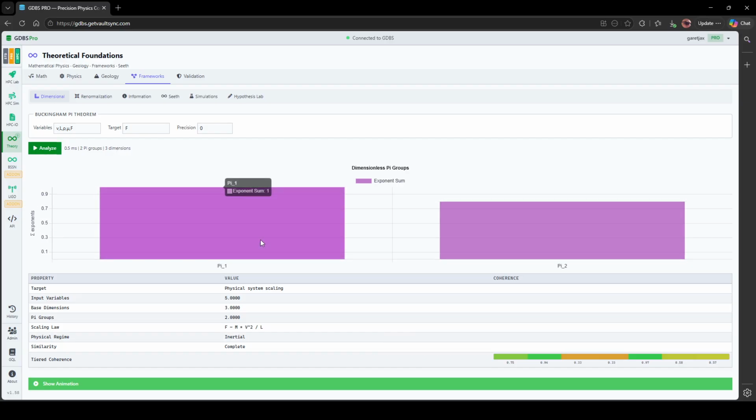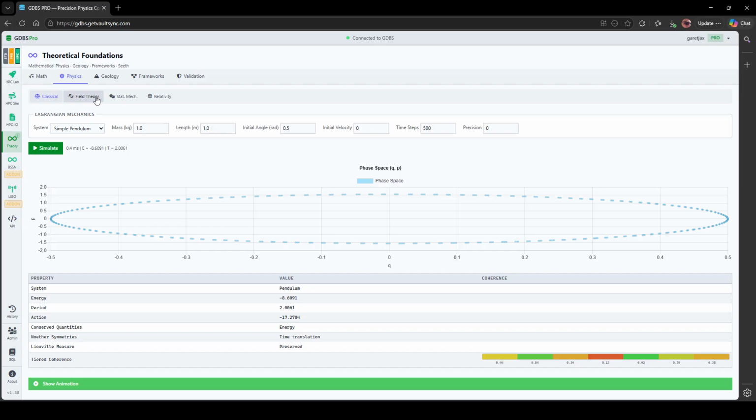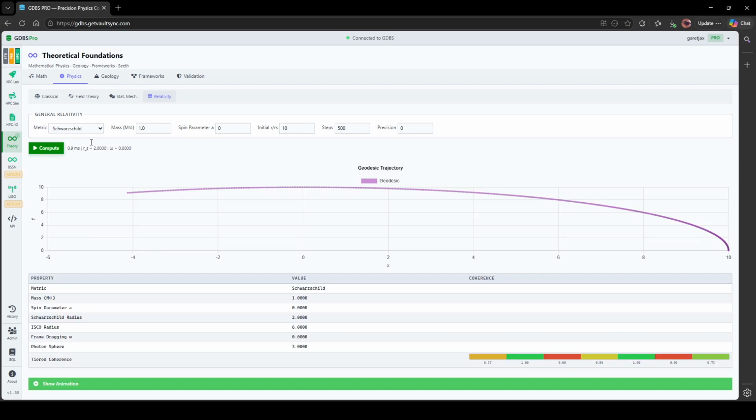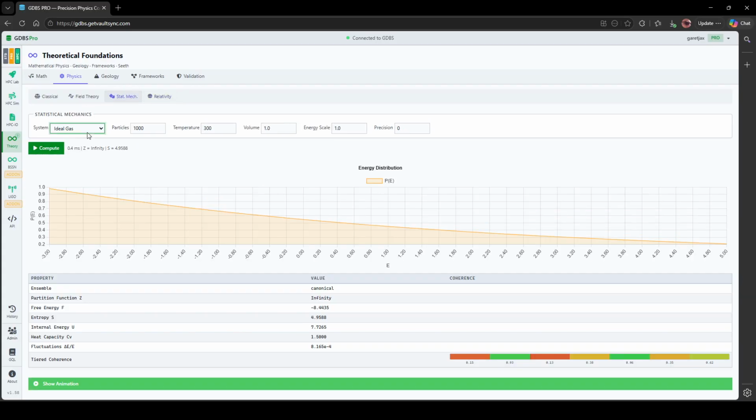Again, many of these things are already evaluated and tested against known values. We can run any single one of them, like under geology, we could do the plates, the dynamo, the isostasy, thermal. Under physics, classical field theory, statistical mechanics, and relativity. And under relativity, we have a variety of different options we can choose. Under statistical mechanics, we can say quantum harmonic, 1D Ising, and two-level systems, and we can get a charted graph